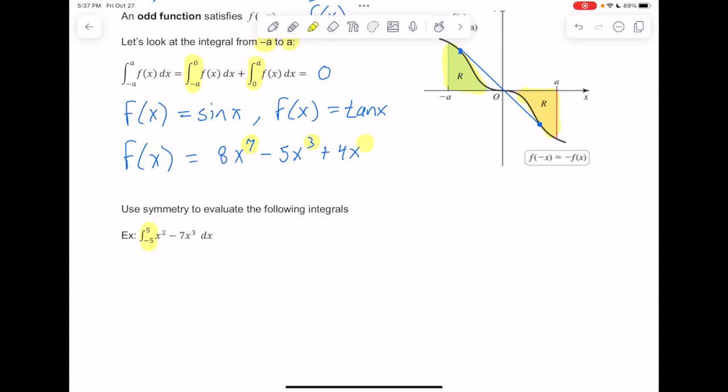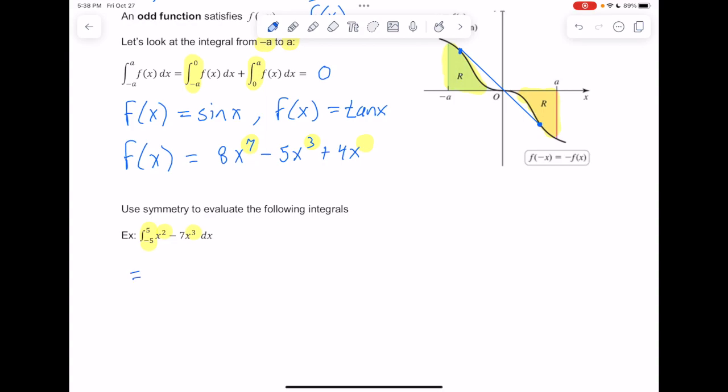And then we look at it and we think, all right, is this one odd or even? And we have a problem right away. We have an even exponent and an odd one. So it doesn't seem to be either of those. So it seems like, well, I'm not going to be able to use these properties because I don't have an odd function or an even one. But remember, we can split these up.